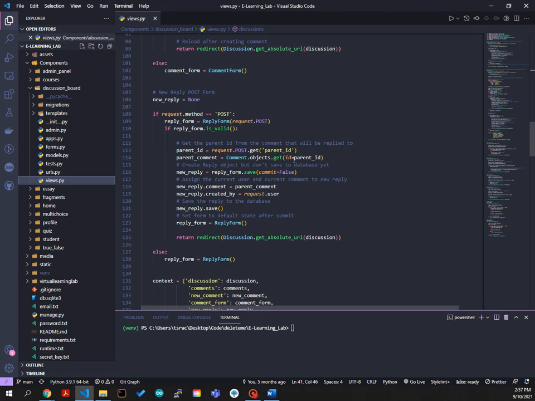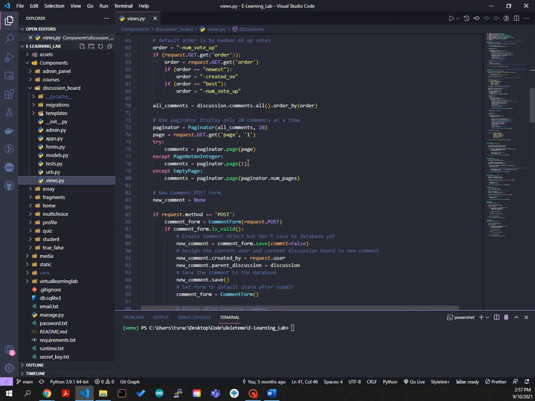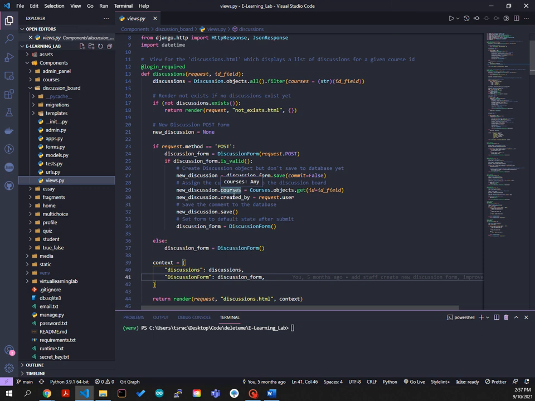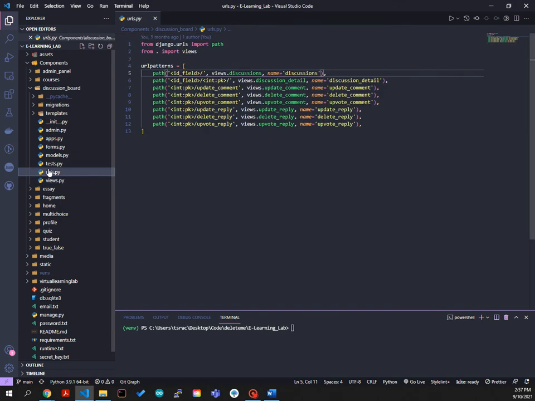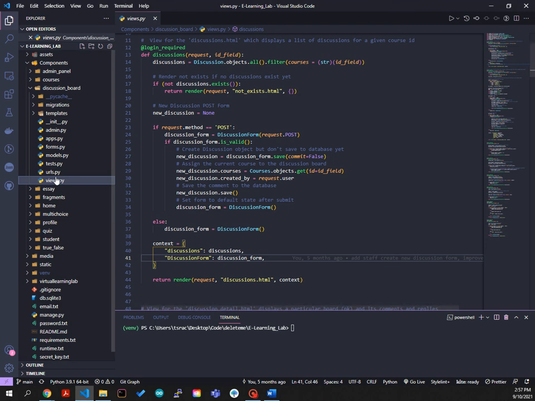This probably could have been abstracted now that I'm looking at it, but we're all learning as time goes on, so feel free to take a look at that or not if you need to. So that's the views for the discussions that I went over. And I mentioned the URL, so we have views, it's called discussions, and we're rendering out discussions.html and